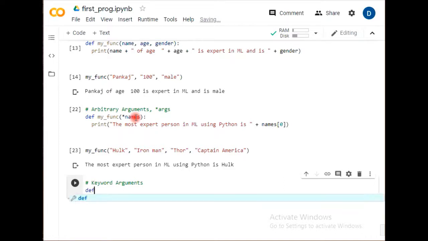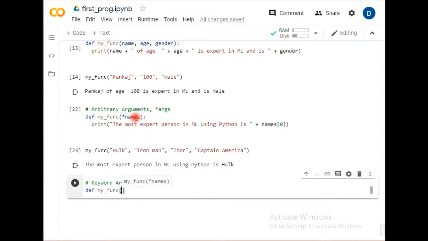I'm defining my function as my func, and under that I'm defining the 3 keyword values. First, name. Second, I'm giving another one, age. Third, I'm giving gender.